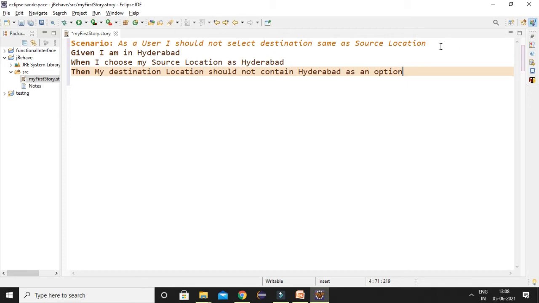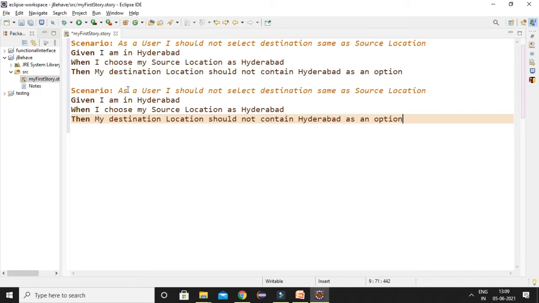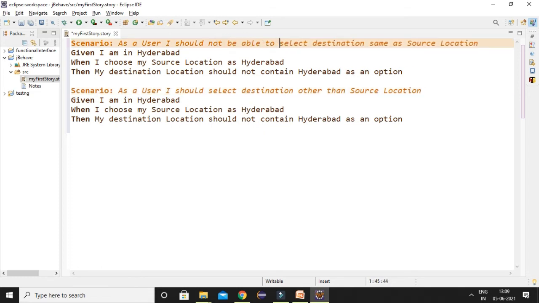Like this, a PO, a developer and a QA person discuss what the scenarios are and what the behavior of the application should be, and then prepare scenarios like this. A story file can have multiple scenarios like this. As a user, I should be able to select a destination other than the source location.